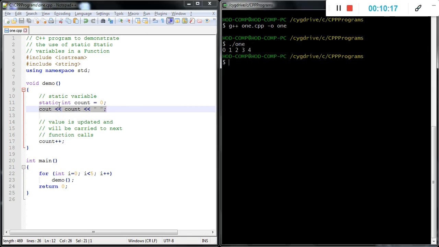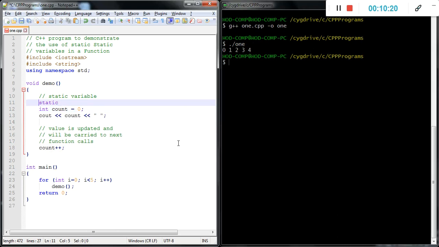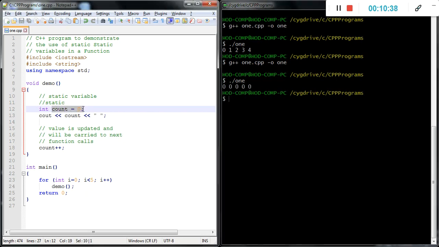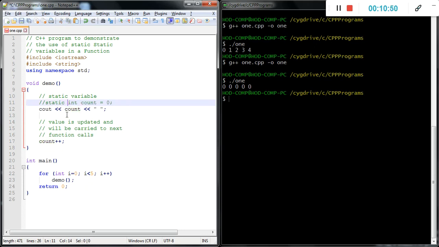Okay, we just remove static from the variable count and define it as a normal variable, and verify what the output will be. It shows all zeros because with each call of demo, it makes count 0. But if every call needs to maintain the particular variable value, then we need to define it as a static variable.